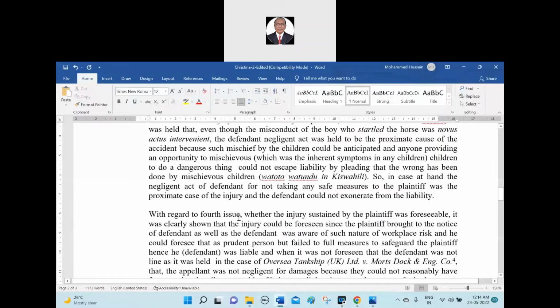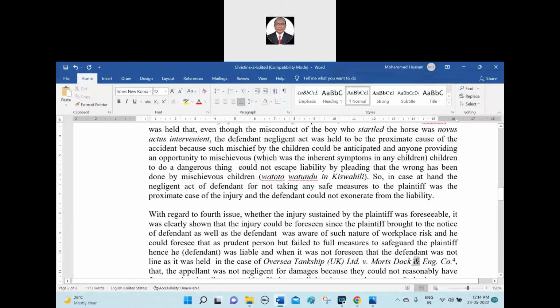So, with regard to the fourth issue, see, first issue, one paragraph, supported with the case law, the sections, the acts, the maxims, the constitution article, whichever you want to support the first issue. Second issue, second para. Third issue, third para. Fourth issue, fourth para. With the injury sustained, it is supported by the Overseas Tankship UK Limited versus Morse